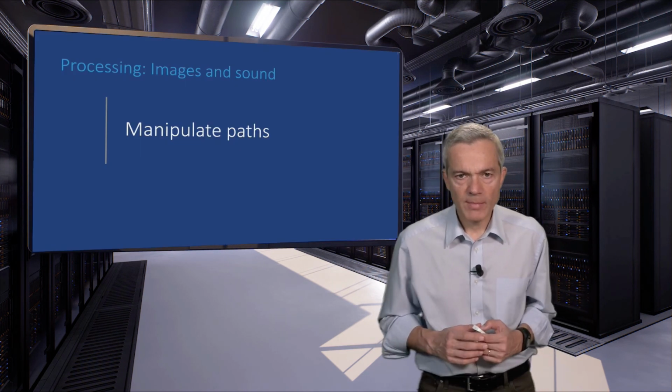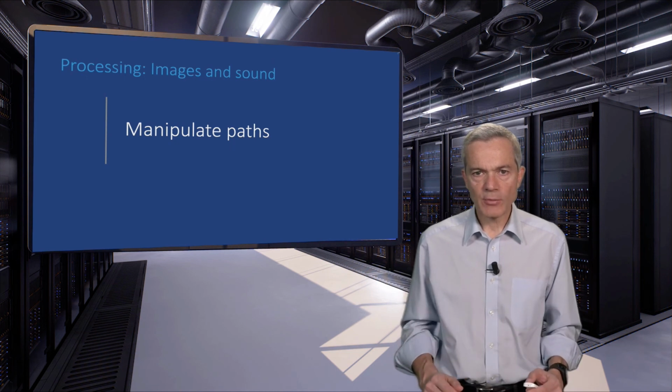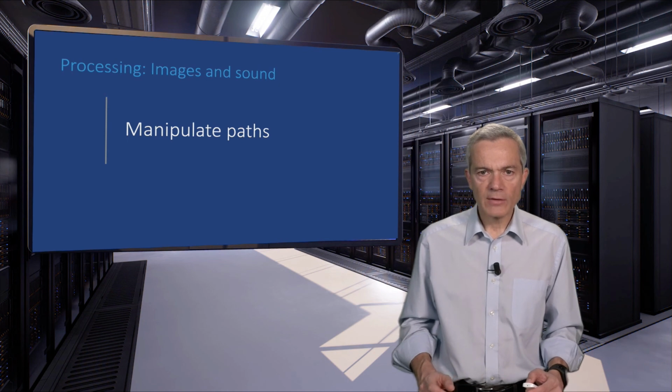Before getting to our main dish, let's see first some commands that allow us to manipulate parts of a file's path. These come in handy when we process media files because we often move them around or change their file extension. The most useful command in path manipulation is basename.